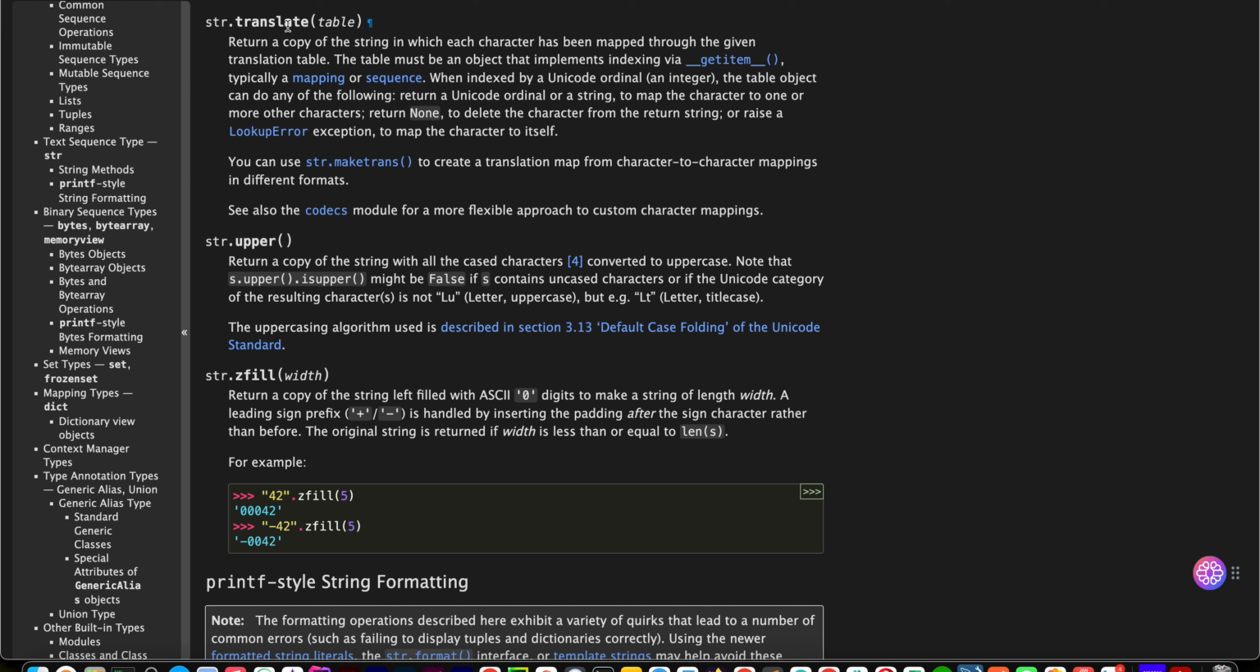String methods. translate. Return a copy of the string in which each character has been mapped through the given translation table. The table must be an object that implements indexing via the __getitem__ method, typically a mapping or sequence. When indexed by a Unicode ordinal, an integer, the table object can do any of the following: